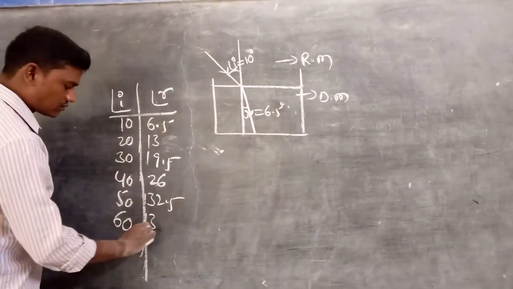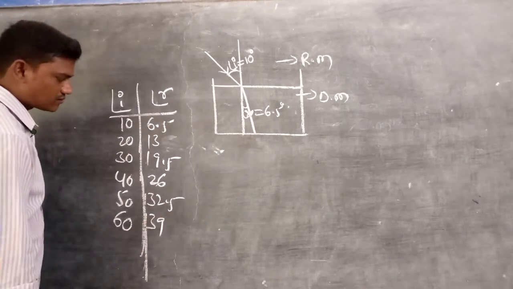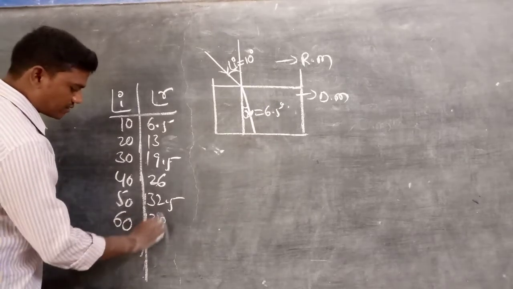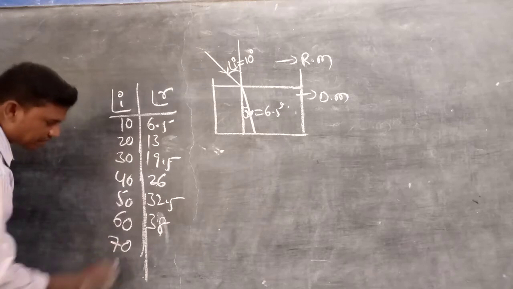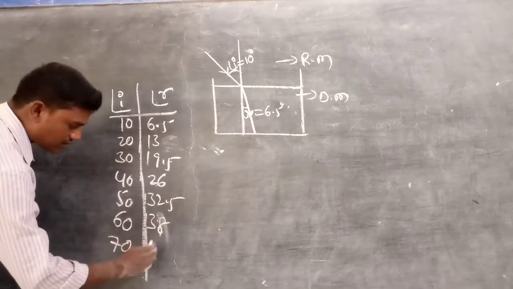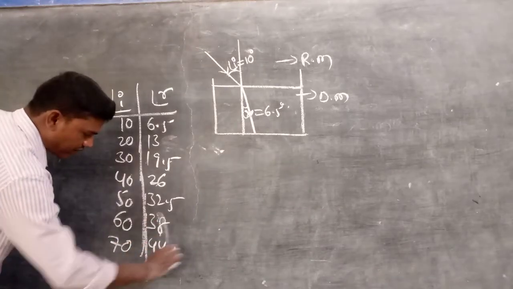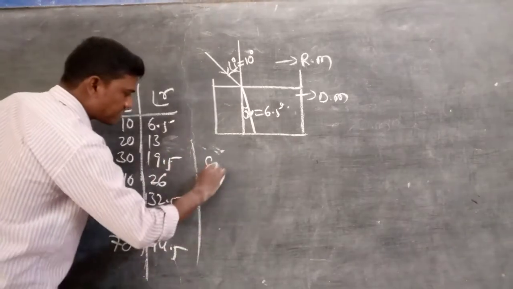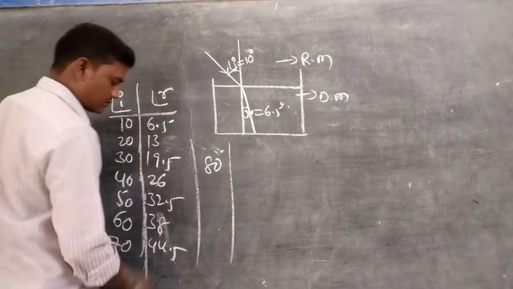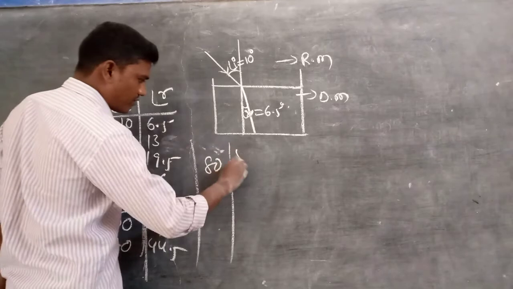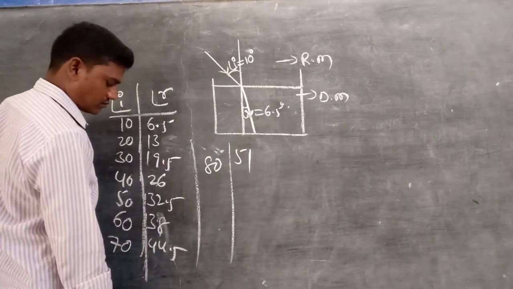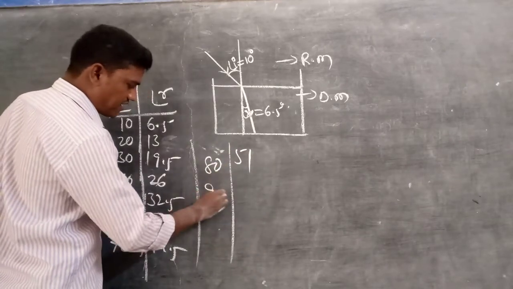For 60, it is 39; 70, 44.5; 80, 51; next 90,